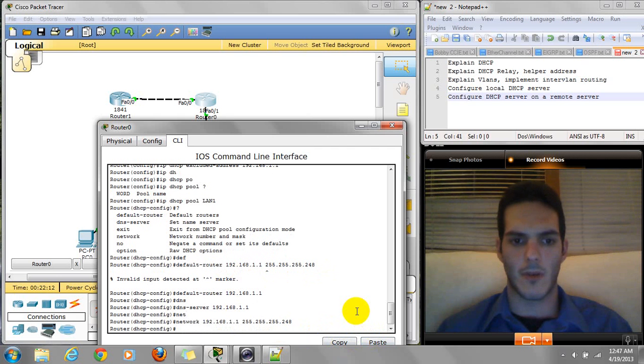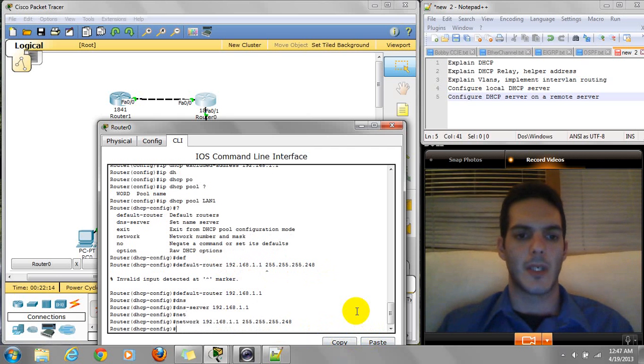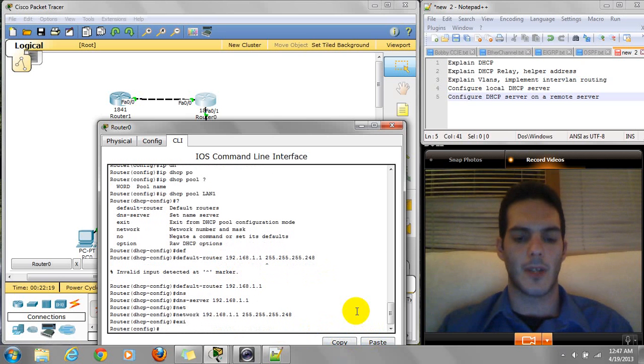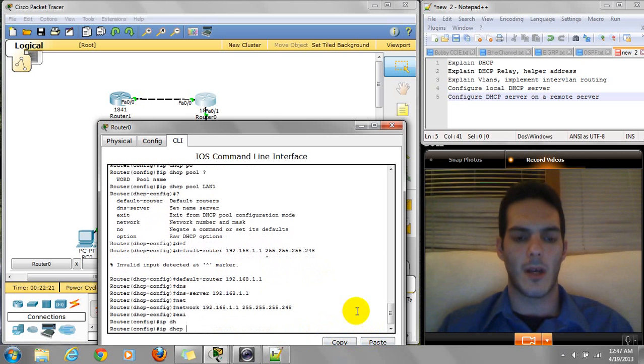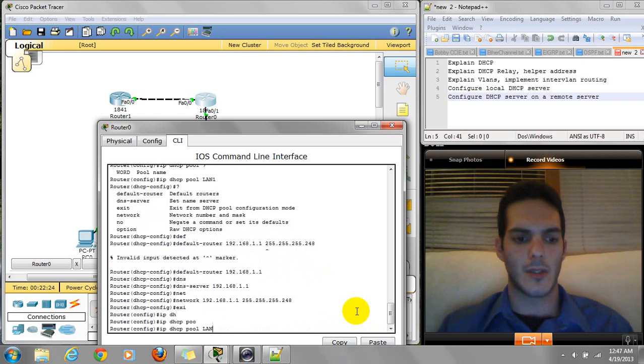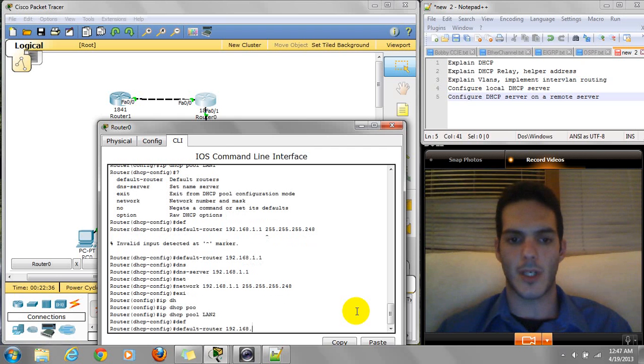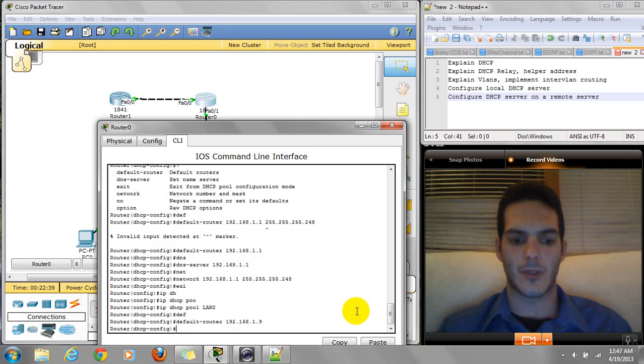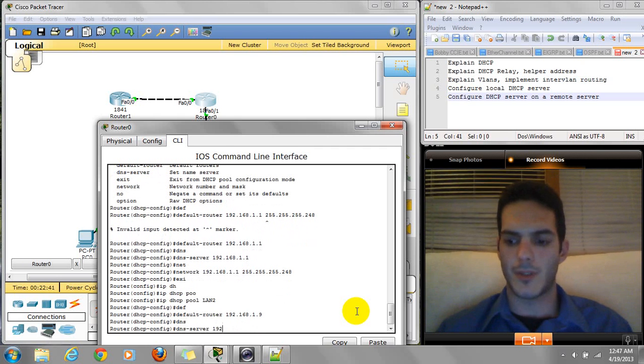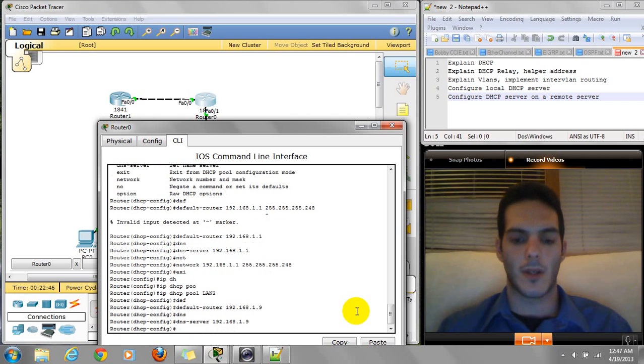Paste. Done. Now we're going to exit out and type in IP DHCP pool LAN 2. Now we're in DHCP config mode again. We're going to type in default router is 192.168.1.9. DNS server is the same, 192.168.1.1 or 9, and then the network is going to be